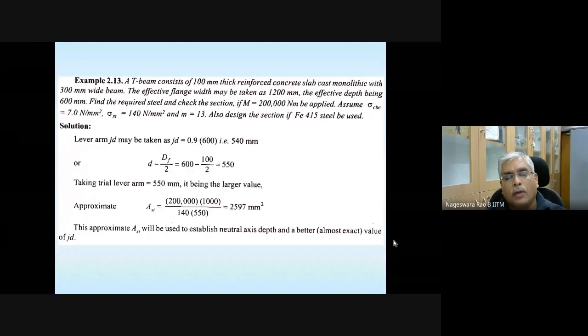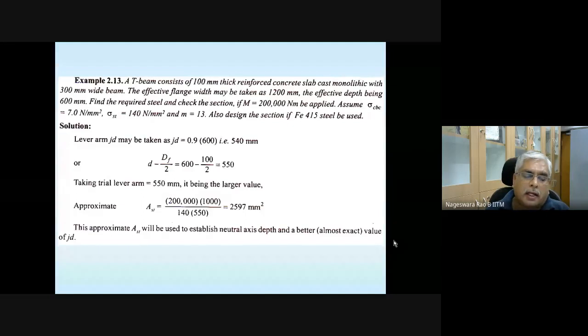Only when you can ensure that there is a perfect bond between them, or they act together, slab and beam, then only we can take advantage of this slab along with the beam, and it becomes a T section or a T beam or an inverted L beam depending on the location of the beam in the entire